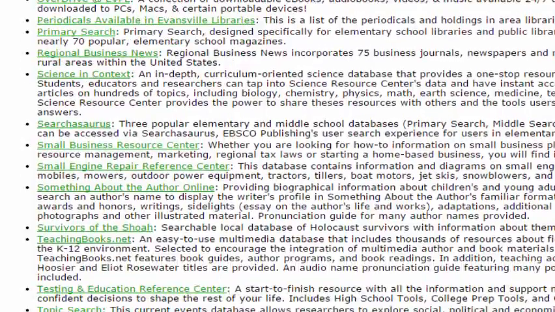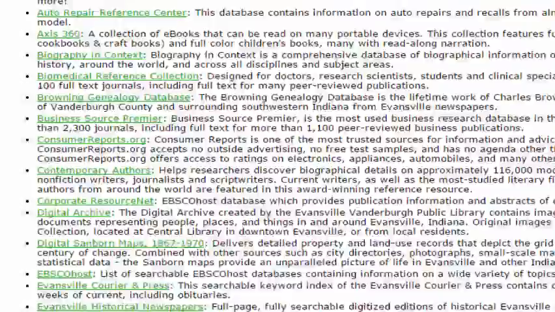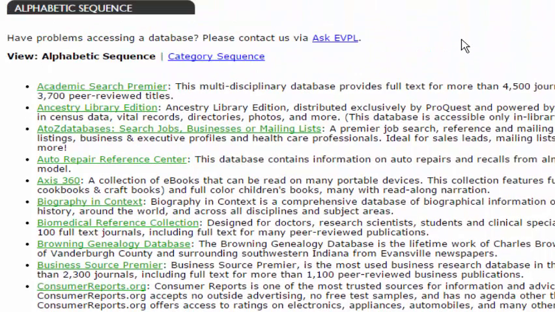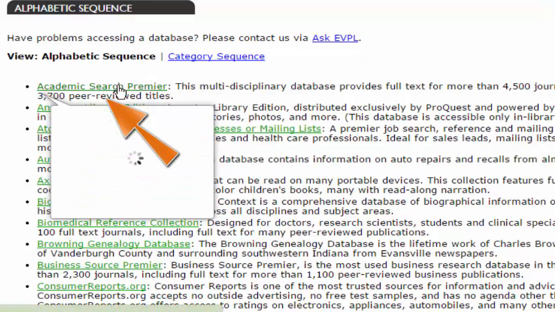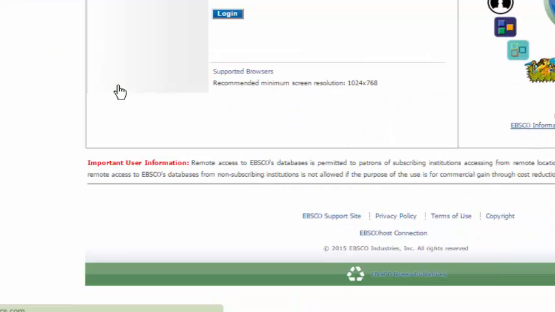We, though, are going to use a fairly common database called Academic Search Premier. It's multidisciplinary. It is fairly large, that it holds 4,500 journals, full text for more than 3,700 of those. So if you would go ahead and click on Academic Search Premier, it will take us directly to that specific